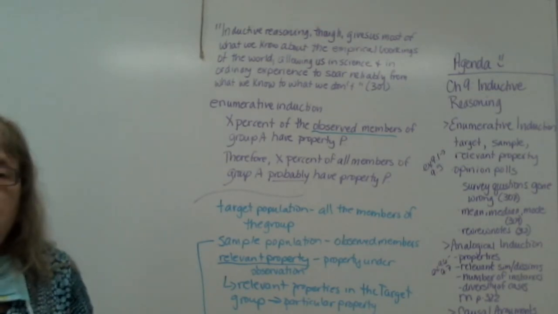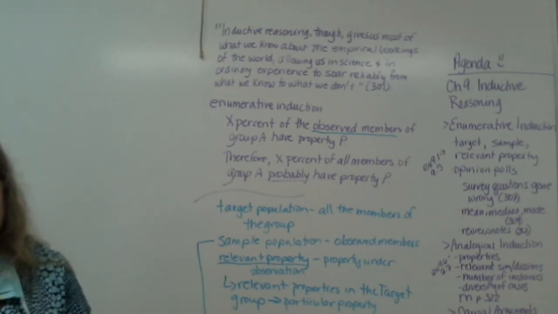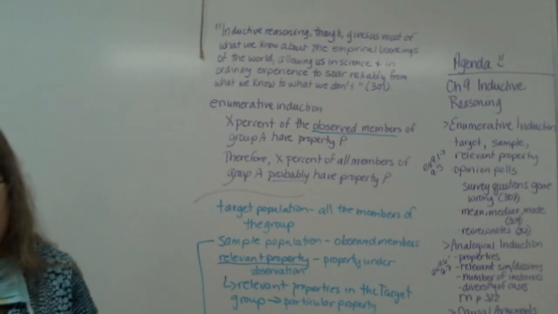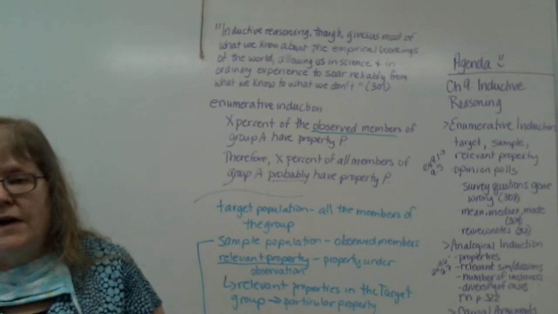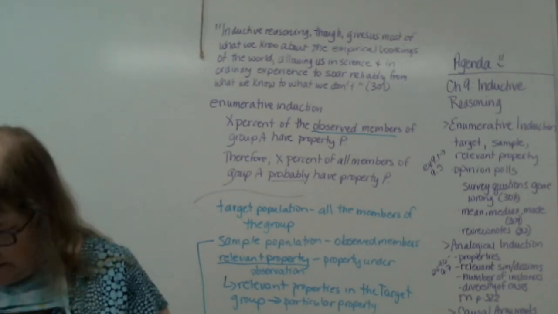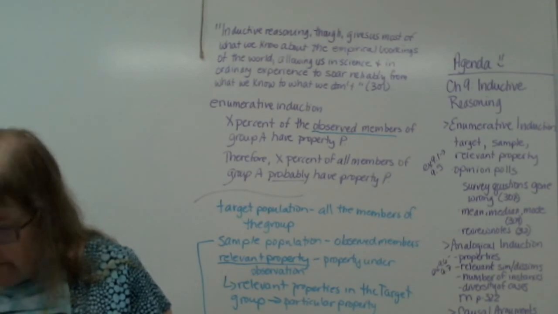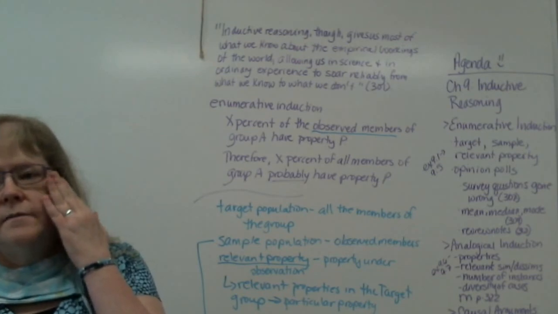A mean is an average, right? Add them all up, divide by the number of things you just added up, and you have an average, okay? Your grade point average, for instance, is all the grades you've had so far divided by the number of credits, there's your GPA. The median, and this is always one of those things that cracks me up about